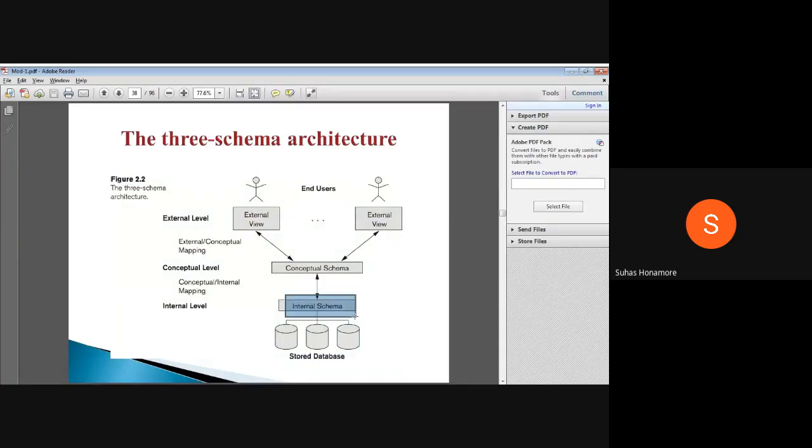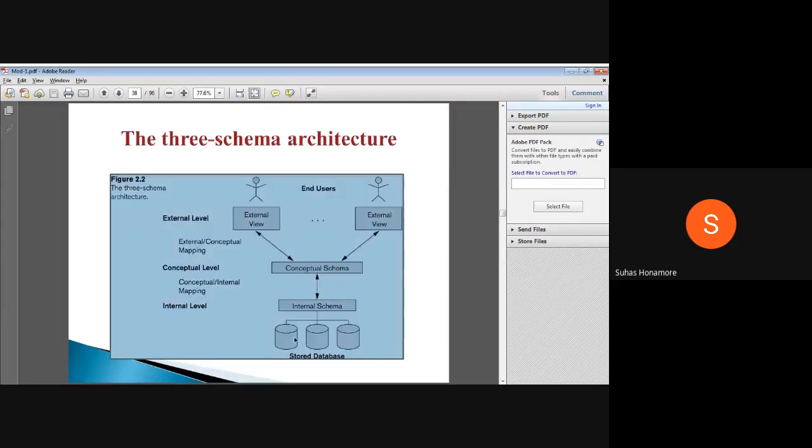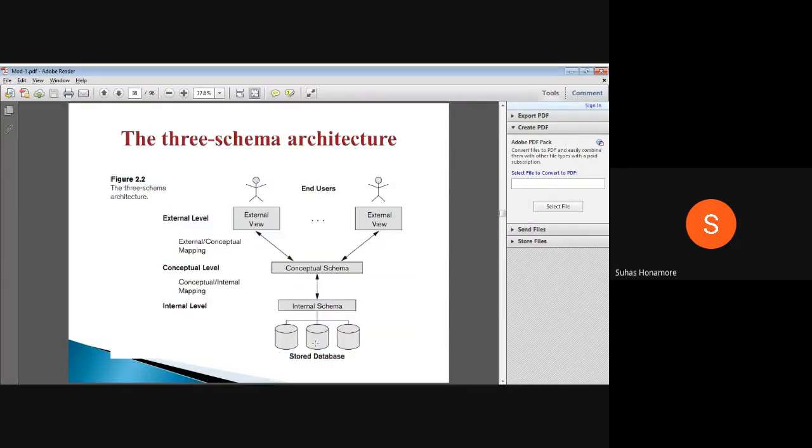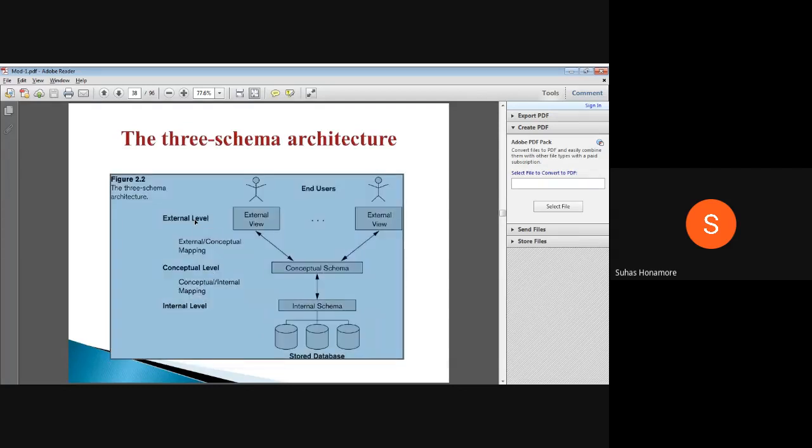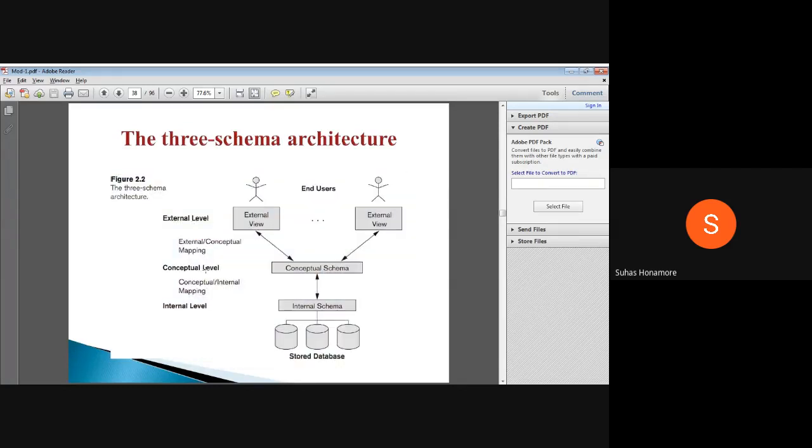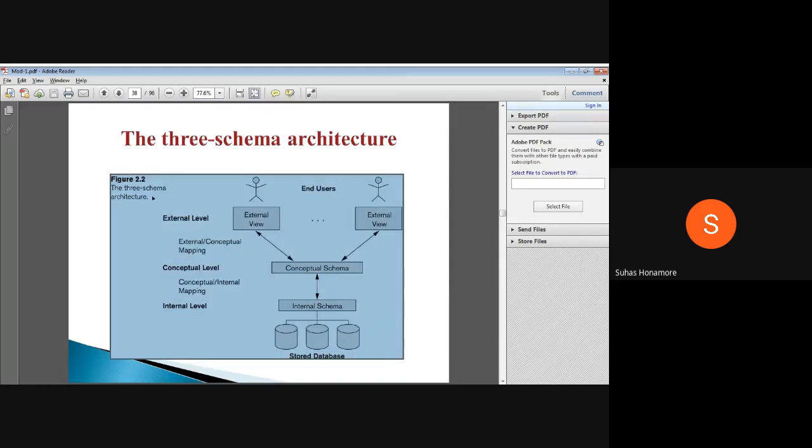So this internal schema maintains the whole database. Whether it keeps things in one place only, or in different places, the entire thing it will keep. So this is nothing but the internal schema. Here, as you saw, we have three levels. The first one is external, the second is conceptual, the third is internal. Suppose by using this I developed a software,